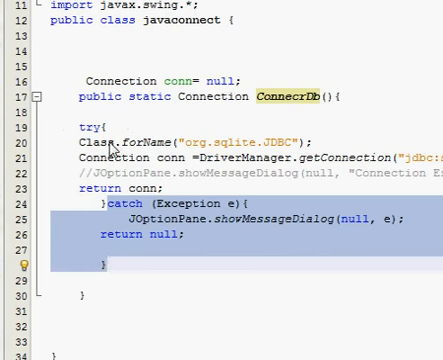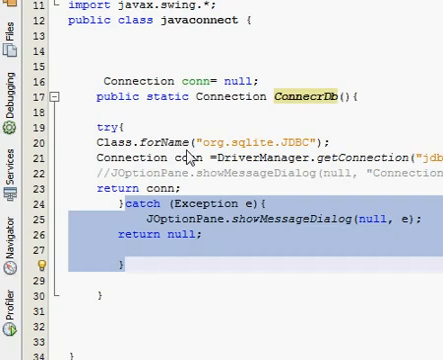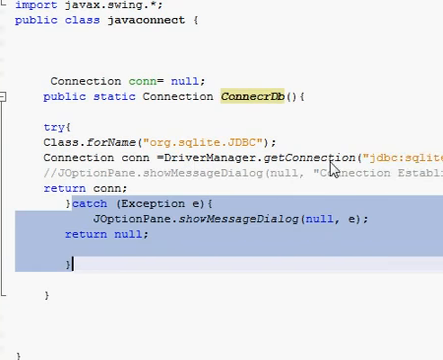In the try, you have to write Class.forName, and in the brackets you have to write the driver to connect SQLite: org.sqlite.JDBC. This is the standard connection path you have to give in order to connect from JDBC. Then you have to write Connection con. You can give it any name. I have given it con is equal to DriverManager.getConnection,